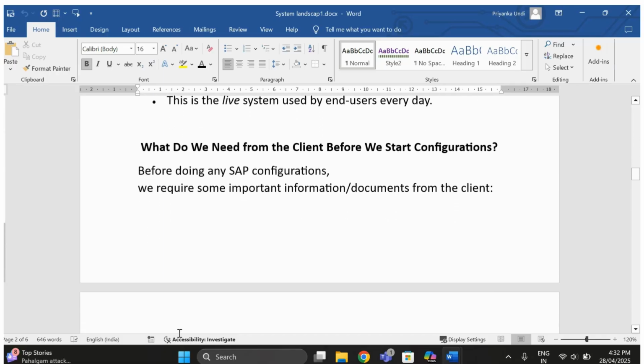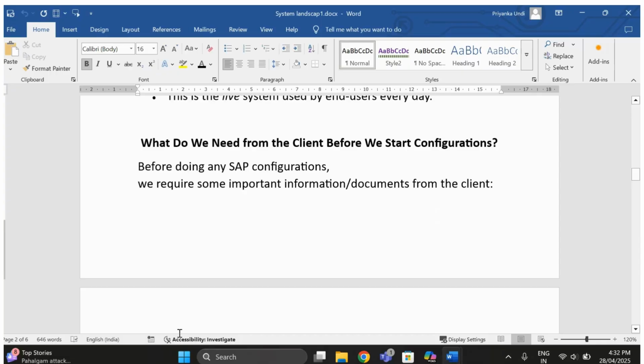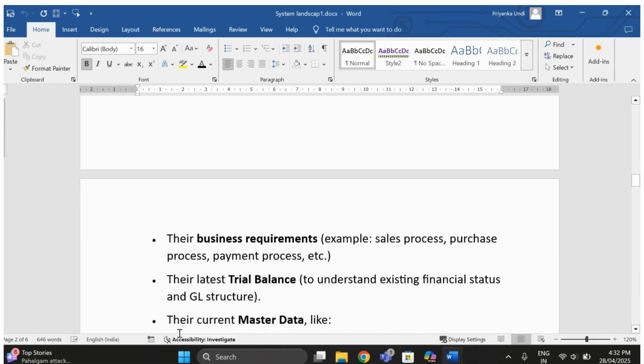What do we need from the client before we start configurations? We understand the client, we understand the system landscape. Now we'll see what we need from the client before we start configurations. We need some information from our client, right? So what is that? Before doing any SAP configurations, we require some important information or documents from the client, like